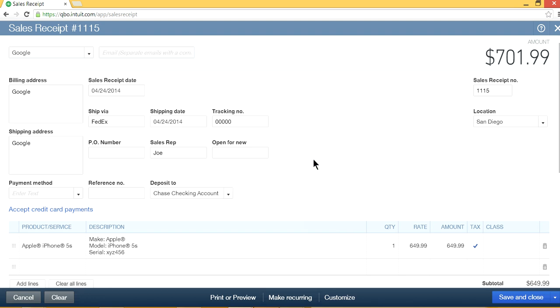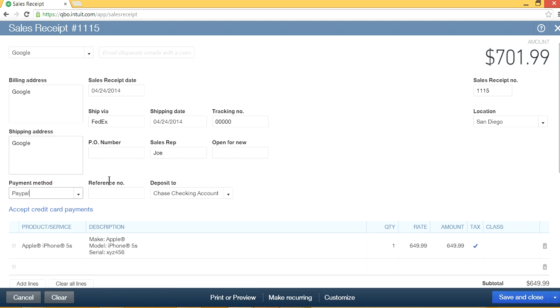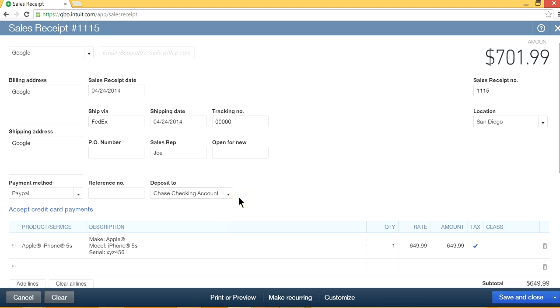Okay, so the key here is, you have created an invoice, sales receipt. That's nothing new. So the key here for recording PayPal or Square is they deduct fees when they deposit to your account. So you can select the payment method here. Let's just say this one is the PayPal one. Okay, the PayPal, and then in this case, what you have to do is, this is the most important one here,